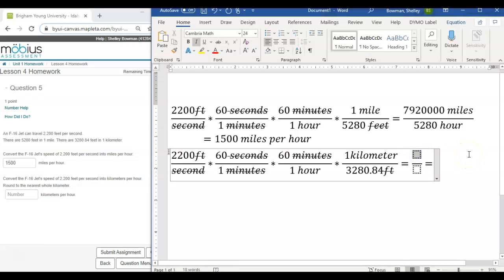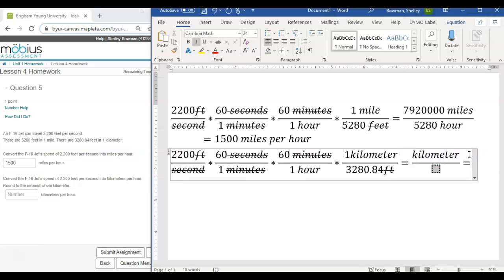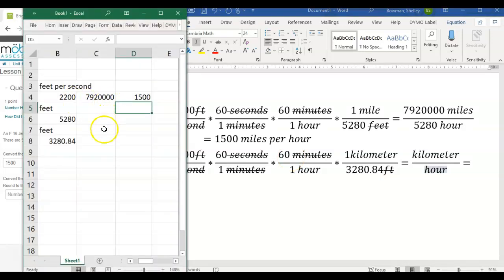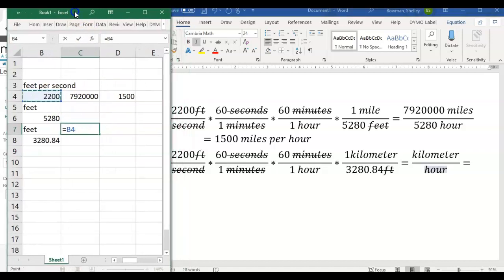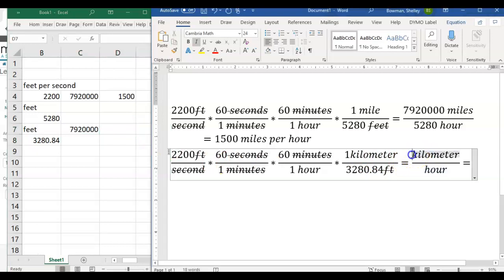I'm looking forward to getting kilometers per hour. It was in the same roadmap of having the distance on top and the time on the bottom. So I have distance and time. So all I have to do is multiply 2,200 times 60 times 60, and that will give me the same number that I got with the previous one. So this is 2,200 times 60 times 60, same as what we did before. However, when we divide on this one,